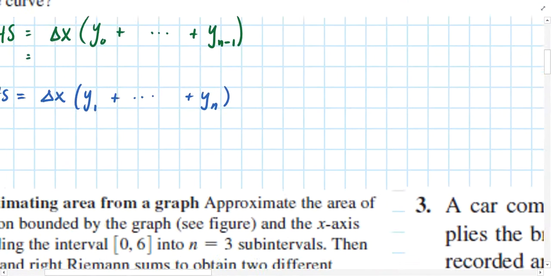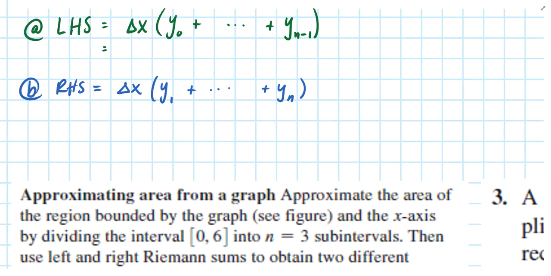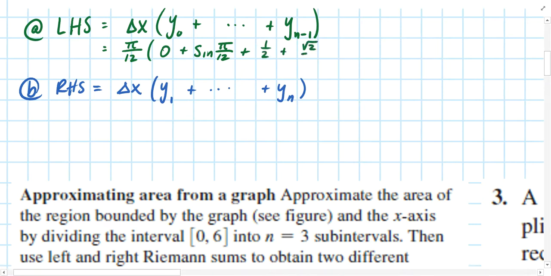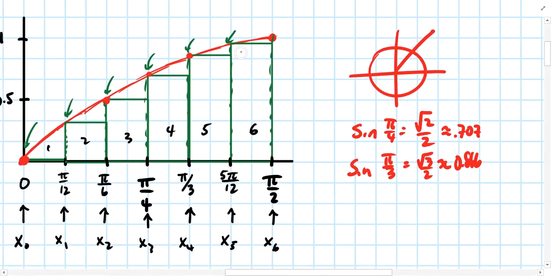Now, some of the heights are easy to identify, as well as the delta x. The delta x in this case, the width of each of these intervals, is pi over 12. The first y value was 0, but I don't have the second y value memorized, so I'm going to need a calculator for that, but it would be whatever the sine result is at pi over 12. The third y value, or the third height of the rectangle, is 1/2. Then radical 2 over 2, then radical 3 over 2,